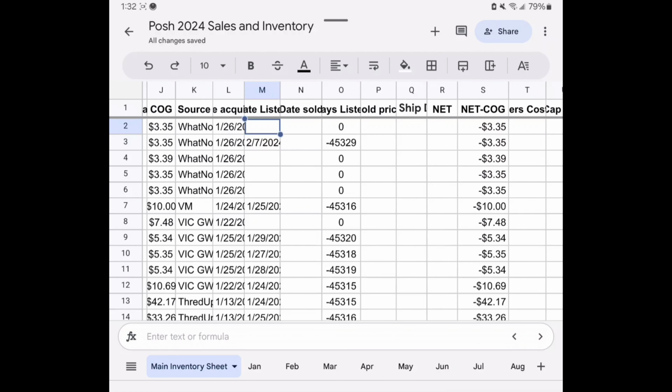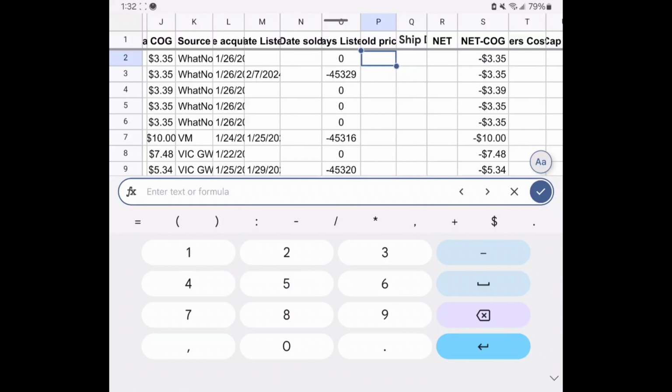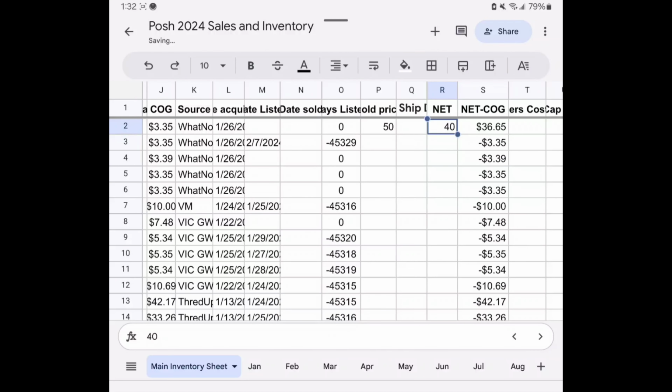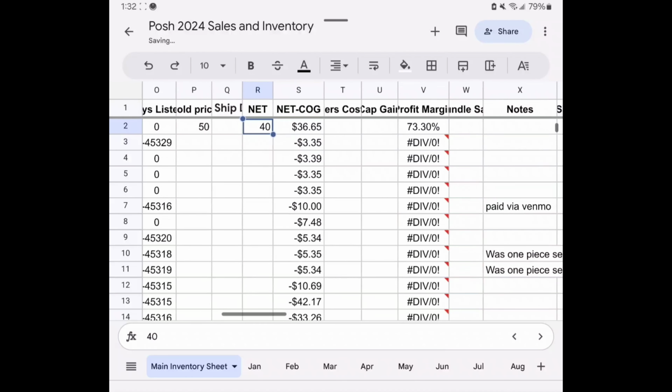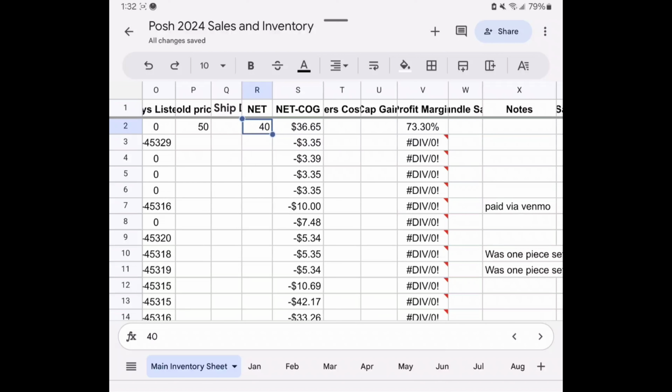Okay. So let's say I sold that for $50 and my net was $40, and so that's going to tell me my profit margin was 73.3%. And I have the formula plugged in there. So that's basically true net divided by sold price. If you can see down here at the bottom where it says column S2 divided by column P2, that's what gets to your